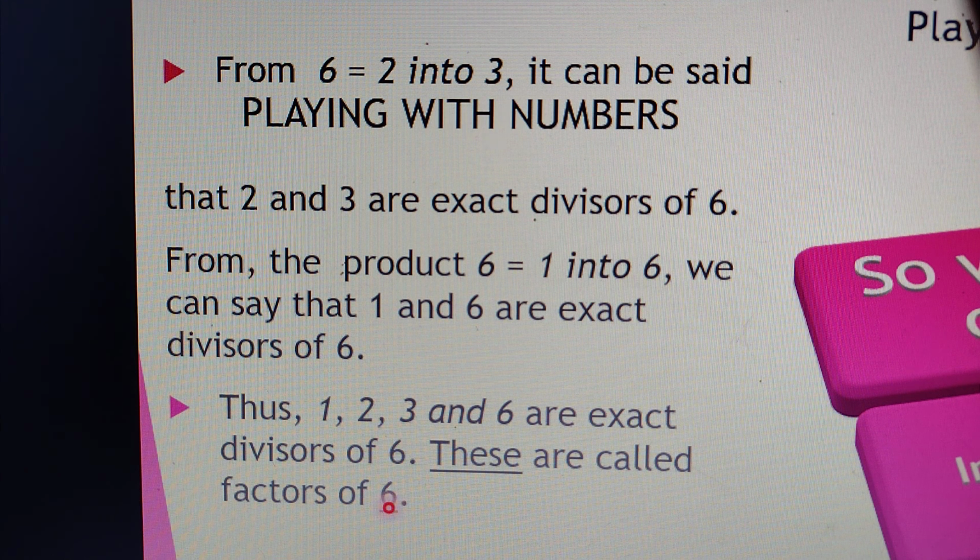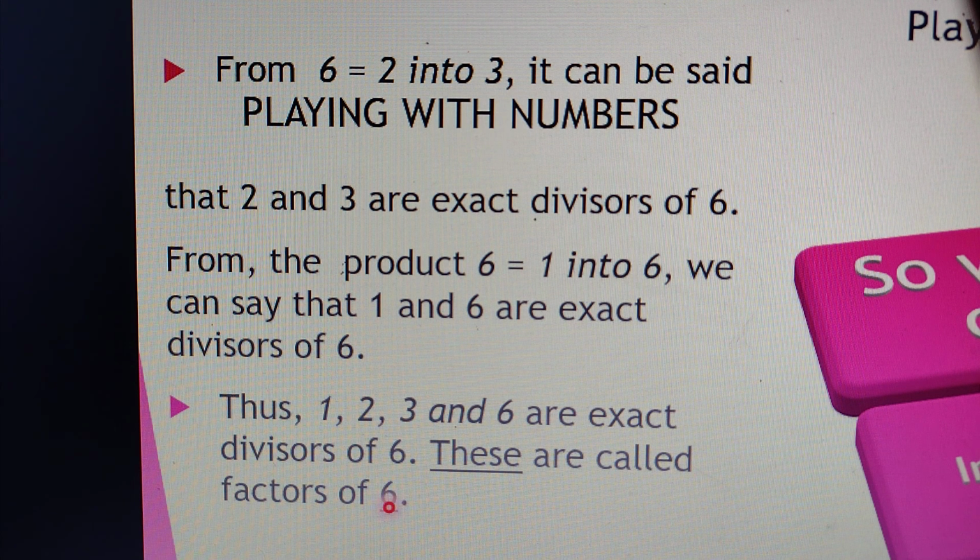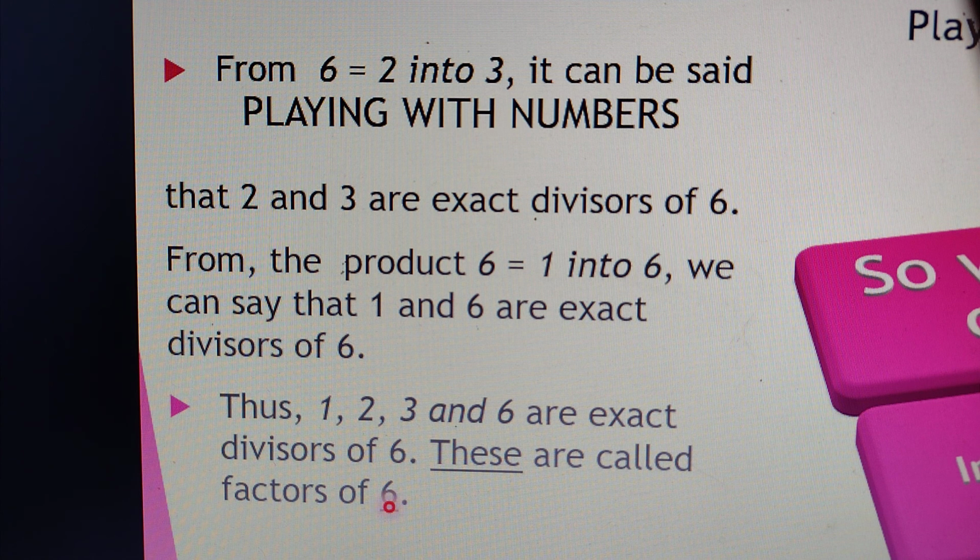From this point you can understand what factors are. So what are factors? Each of the numbers which are multiplied together is called a factor of that product. Suppose you can see an example: 2 into 3 equals 6. Now we can say that 2 and 3 are the factors of 6. How can we say this? As for obtaining 6 as the product, we multiply two numbers, that is 2 and 3. So these numbers are called the factors of the number 6.